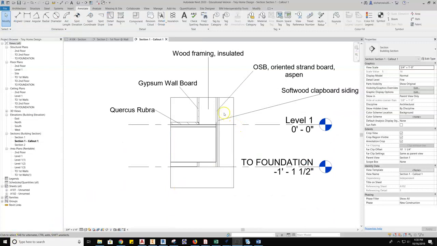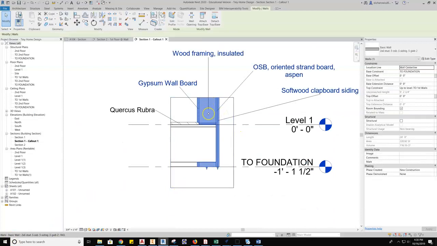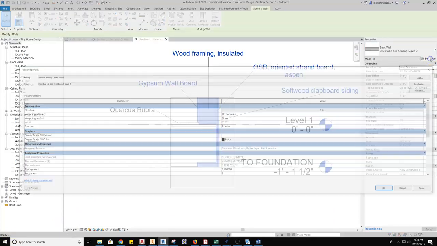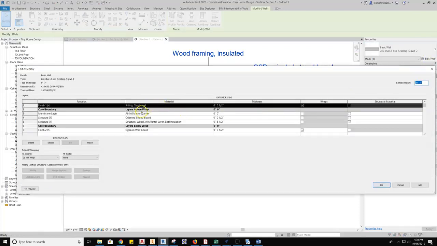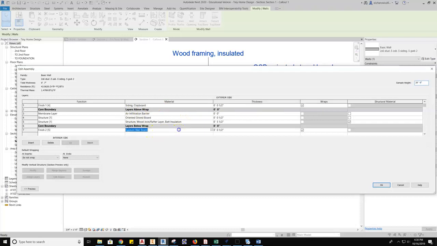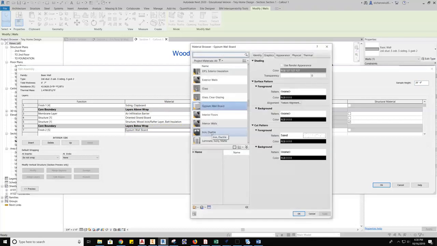Okay, so I'm going to select this wall so that the wall is highlighted. Then I'm going to head over to Edit Type, grab the Edit for the structure of the wall, and then here we're going to start down here at Gypsum Wallboard. Go ahead and select the Gypsum Wallboard, select the search for the material library, and I'm going to go ahead